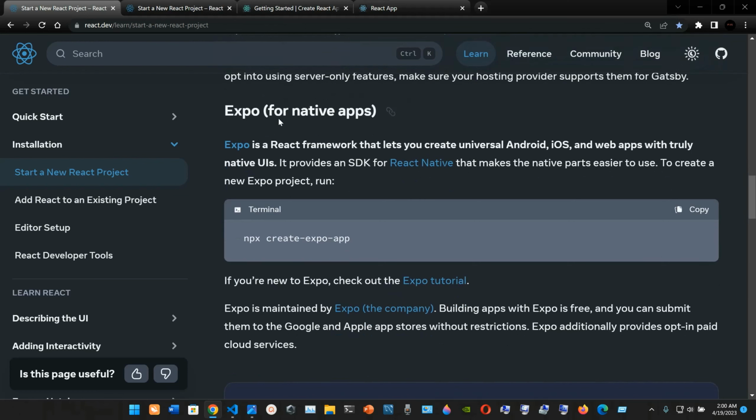Now we have Expo for native apps. Expo is a React framework that lets you create universal Android, iOS, or web apps with truly native UIs, user interface. It provides an SDK, software developer toolkit, for React Native that makes the native part easier to use. To create a new Expo project, run npx